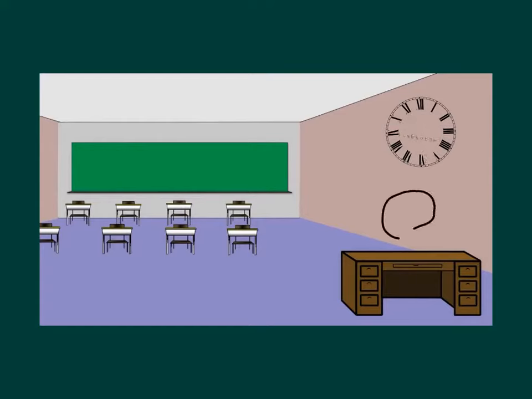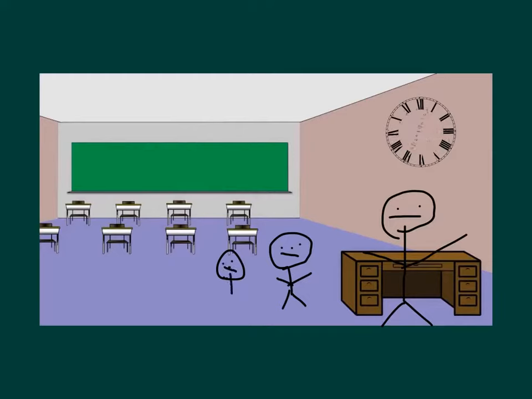Today we are going to be exploring one of the more delicate cultures, and that is the culture of a classroom. Now, as you can see in our cartoon thus far, we have a classroom, and every classroom needs a teacher, and every teacher needs some students. Teachers and students are the brain and the heartbeat of a classroom. A good classroom needs well-functioning students and well-functioning teachers in order to survive.